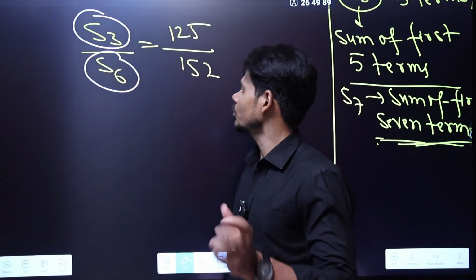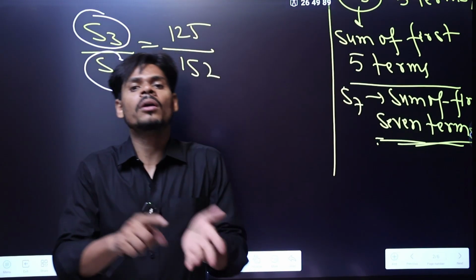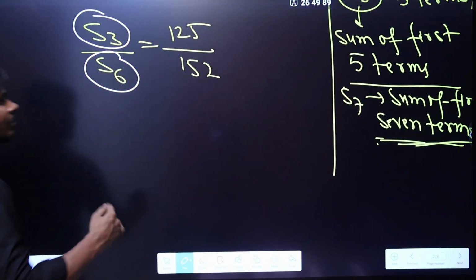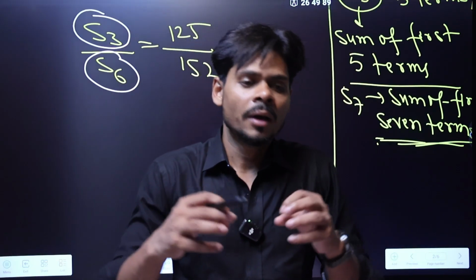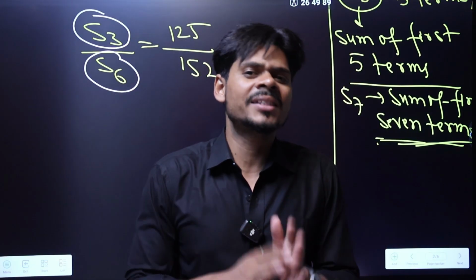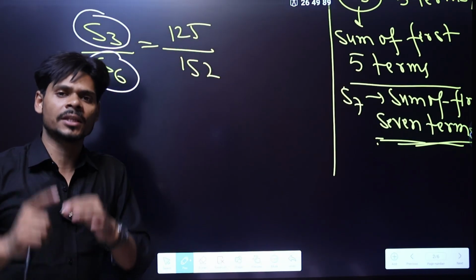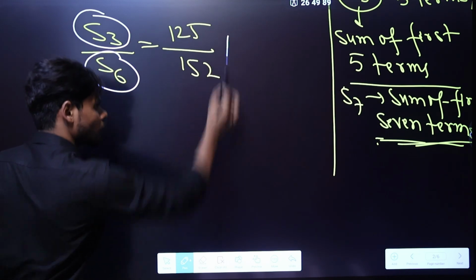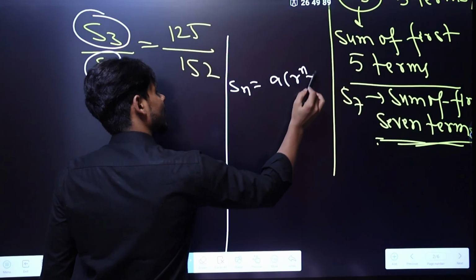Over here, what you can do? You can use any one formula for the greater than 1 or less than 1. You will get exactly the same answer. No problem, right? Whenever you are confused because you don't know the value of R, you are not sure about the value of R, then just apply any one formula for greater than 1 or for less than 1. That's it.